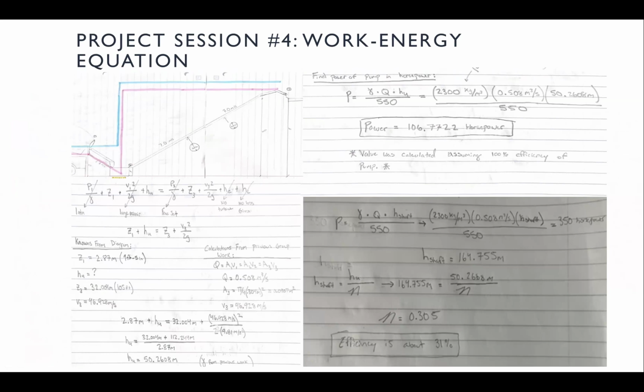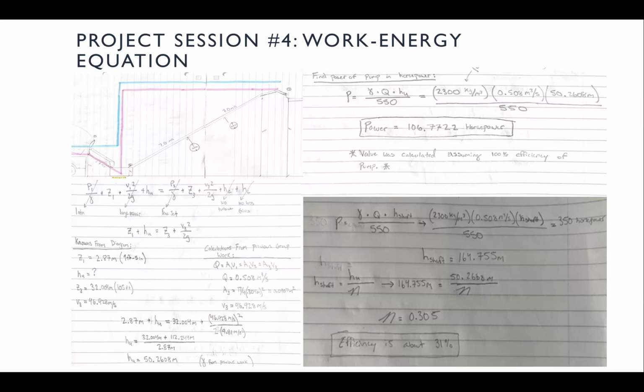Next, we use the work energy equation to eliminate the unknown variables. We were able to eliminate P1 because of an open channel, V1 due to the larger reservoir in the concrete truck, P3 due to a free jet, HE due to a lack of turbine, and HL because of no head loss. With these variables eliminated, we were able to confirm an equation of Z1 plus HU equals Z3 plus